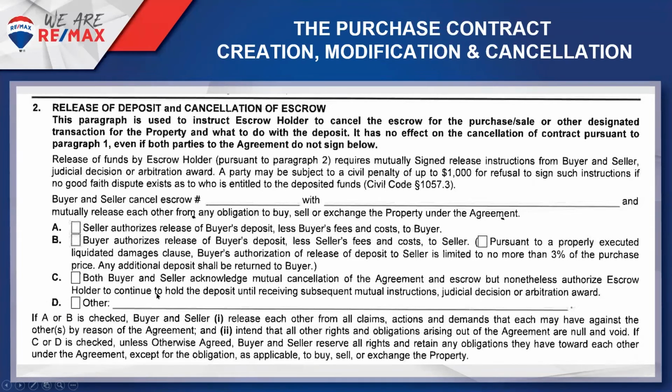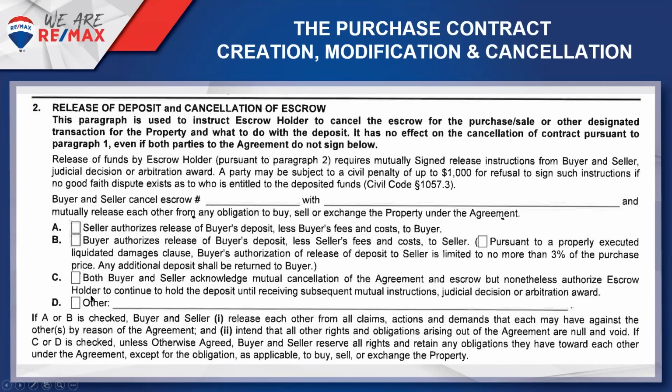tell the escrow holder later what to do with that deposit. If you have a fight between the buyer and the seller over the deposit, as the buyer, you don't ever want to check C. You want the fact that the deposit's in escrow and that escrow is still open to complicate the seller a little bit so that you can prevail, get your deposit back or force the seller to sell to you. If you're the seller and there's a dispute with the deposit, C can be a nice box